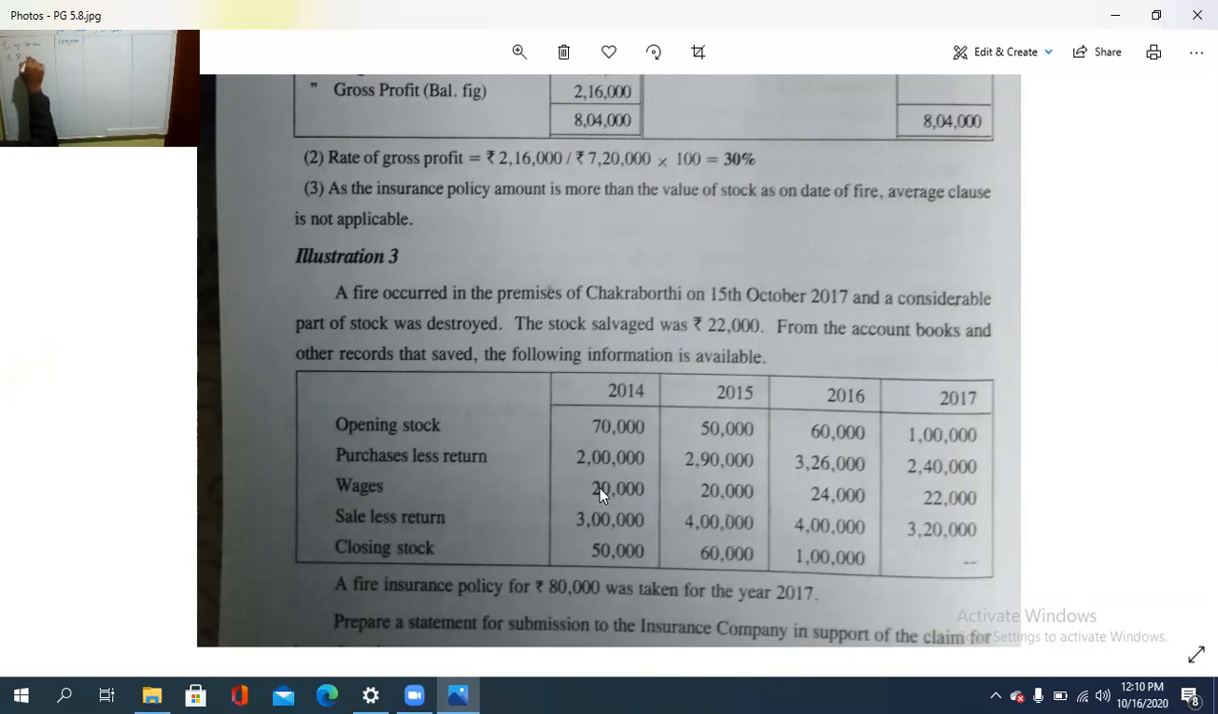To purchases less returns. How much it is? 2,40,000. To wages. It is 22,000. By sales less returns, it is 3,20,000. Then closing stock, we need to calculate as the last figure. Then what is that? To gross profit,